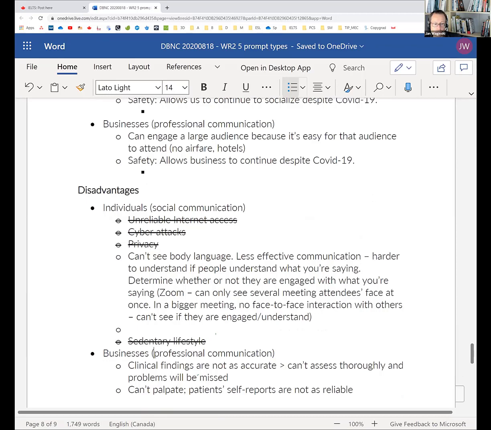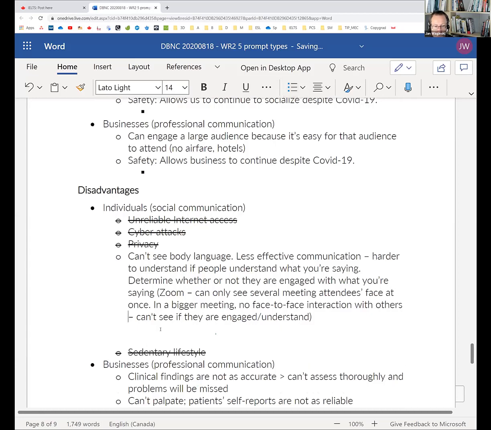Body language, same thing. If you're with your friends and you're telling stories and your stories are boring, you can see that your friends are starting to yawn, or they're squirming, or checking their phone. But here on Zoom, I could be talking for an hour while all the students are just checking their phones and texting their friends. So again, I think we already said this: you can't tell if people are engaged or not. So maybe we don't need any more.